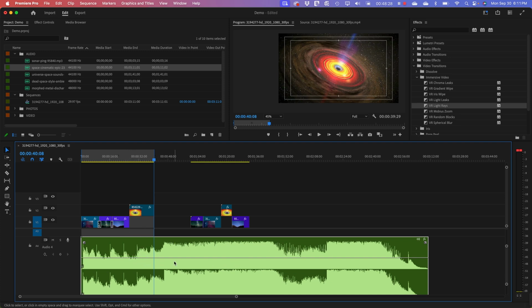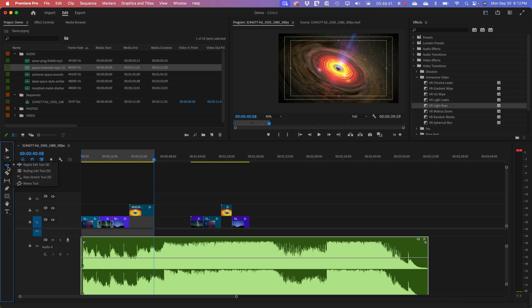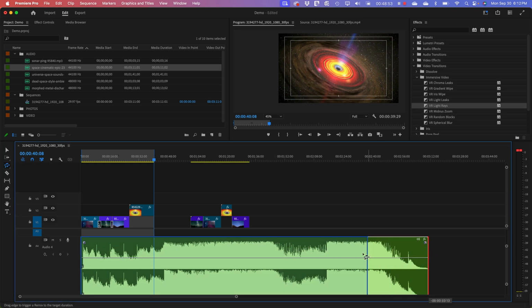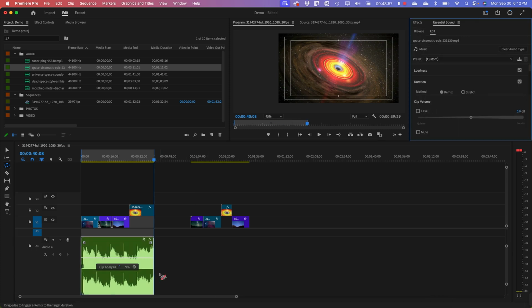Premiere has a retiming feature, so if I go under this third icon, down to the very bottom there's a remix tool. If I select that remix tool and slide the end of this clip over,